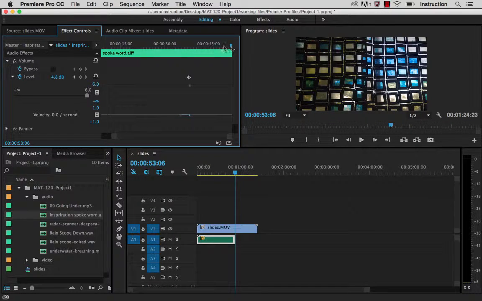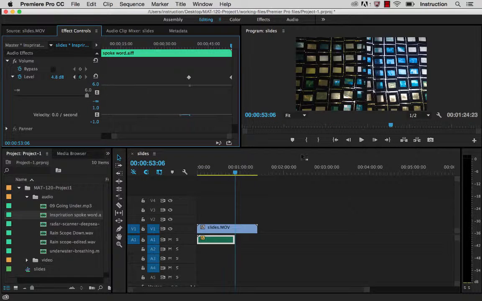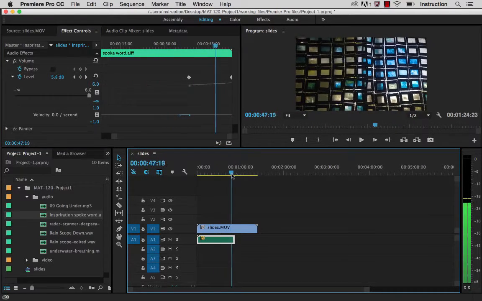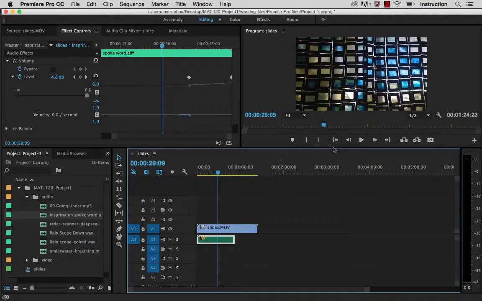Then I can come up here and add another level keyframe, and that just auto saved my project, by the way. I can add another keyframe at the very end, and this is where I can adjust the level and make it a little higher. You see that it adjusts the level so that now it goes up and gets a little bit louder. So if we move the playback head here and hit play,